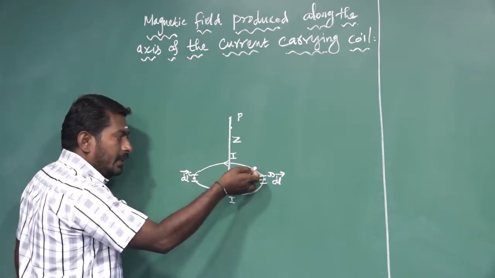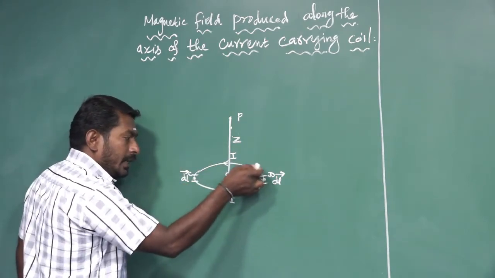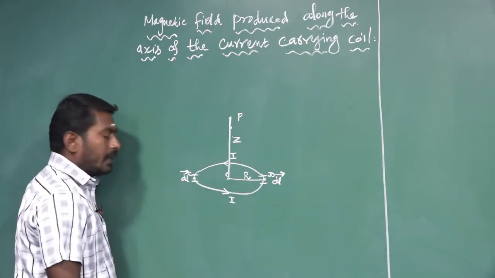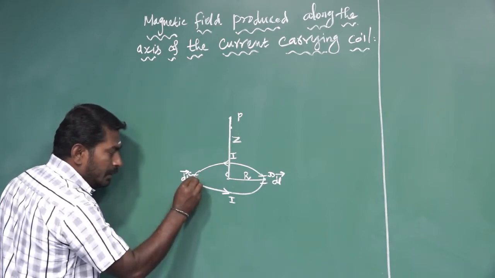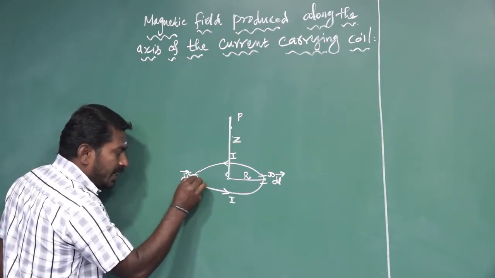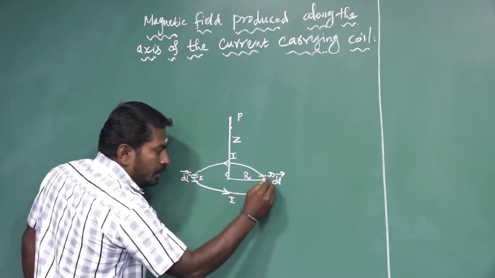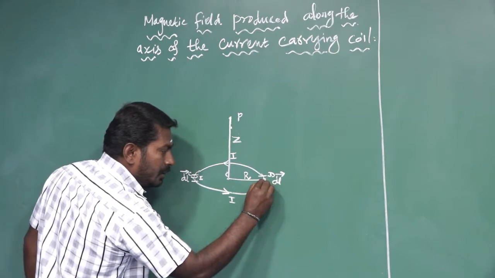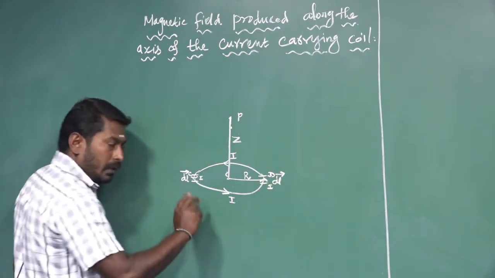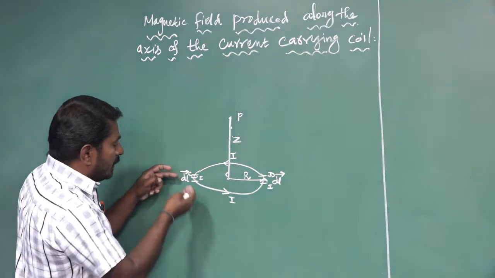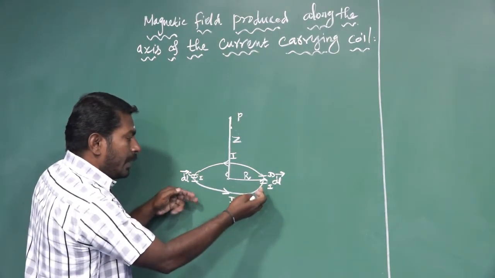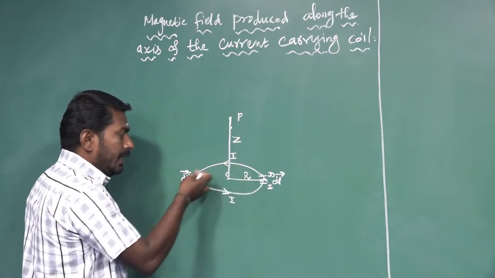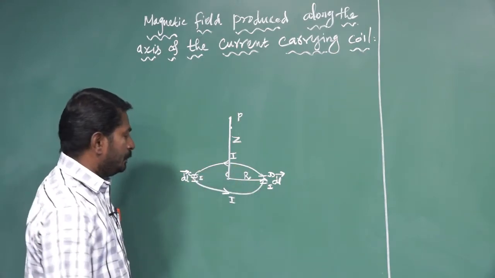Generally, a steady current I flows through the entire circular coil, and each element carries the same current I. The element at point C carries a current I, and the current element of length dl at point D also carries a current I. The only difference is that at point C the element carries current in one direction, and at point D the element carries current in the opposite direction. So generally a steady electric current flows through the circular coil.